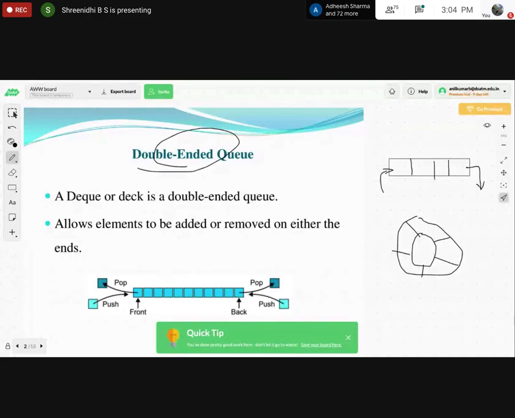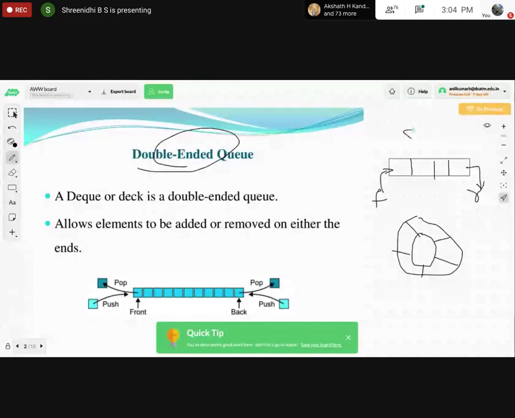How it works? In a single queue, we had one end called front and another end called rear. One side entry and one side exit we are taking, right? One side entry through rear and one side exit through front. Only one operation at a time was done in the single queue.